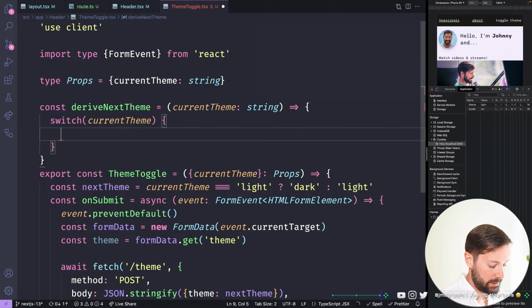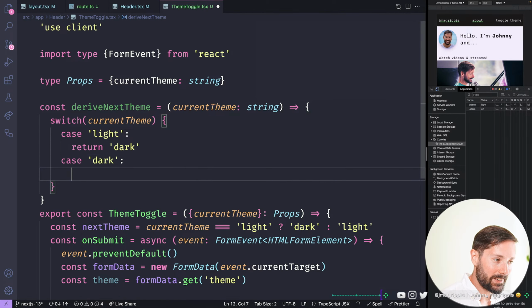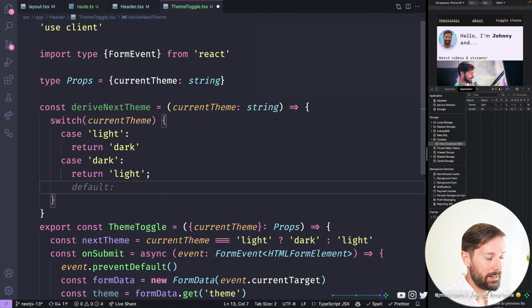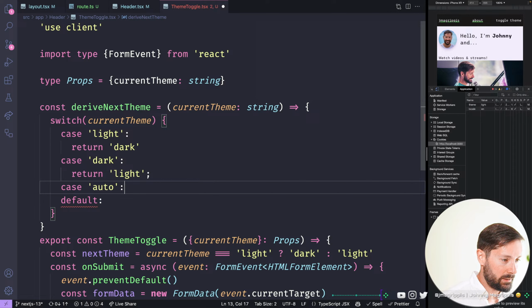Then we can say that in the case that it's light, return dark. In the case that it's dark, return light. And in the default case, if none of these are true, so let's explicitly say in the auto case and the default case as well,